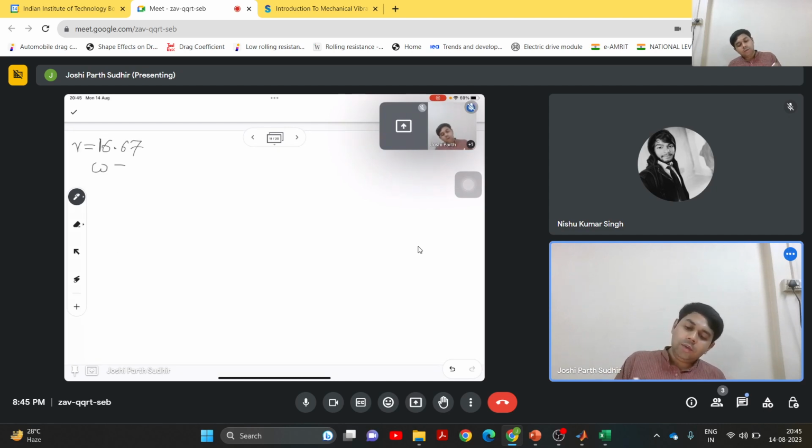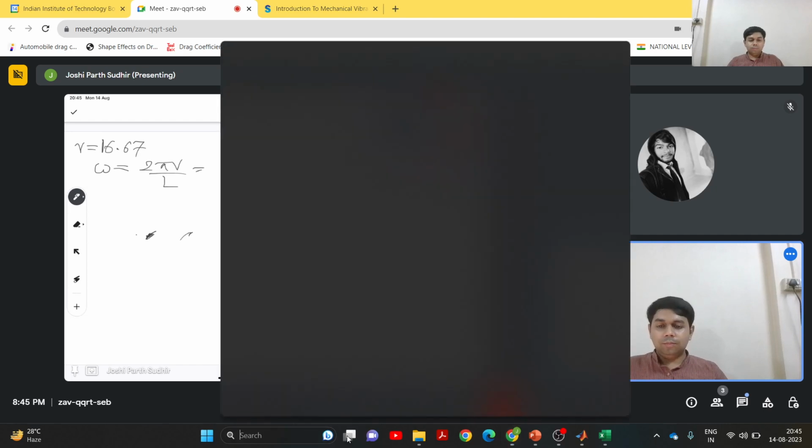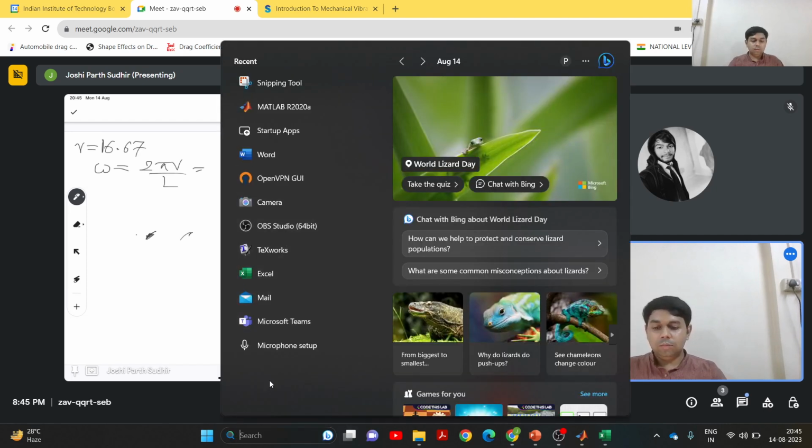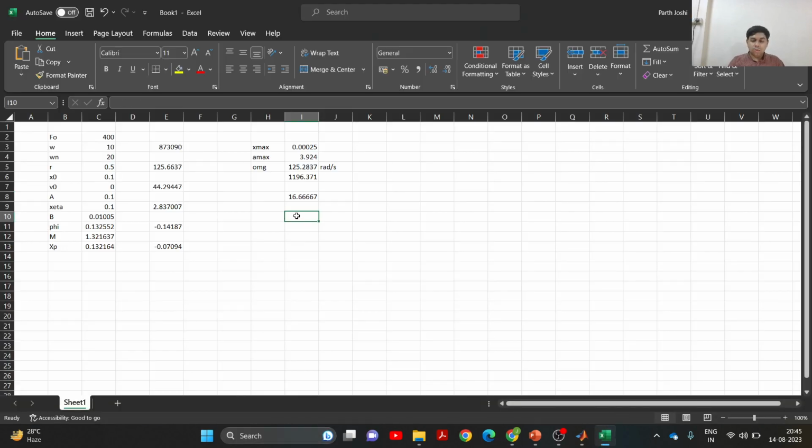So ω, which is 2πV upon L, will be given by 2